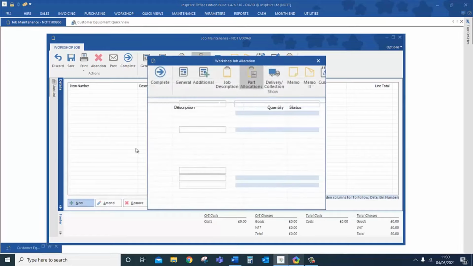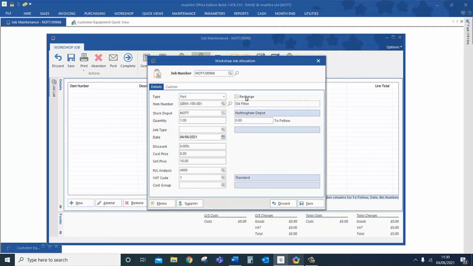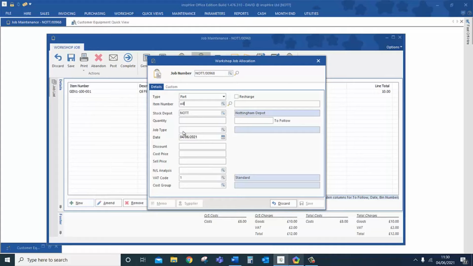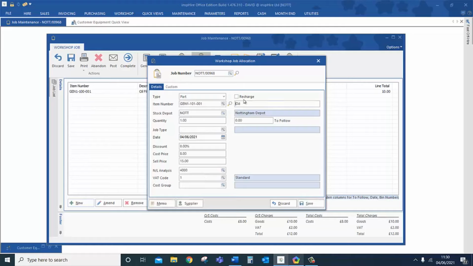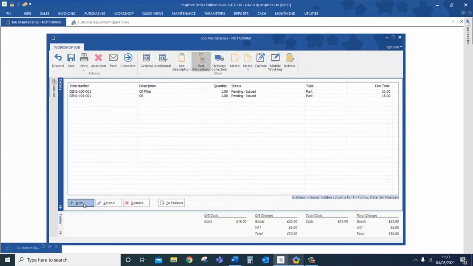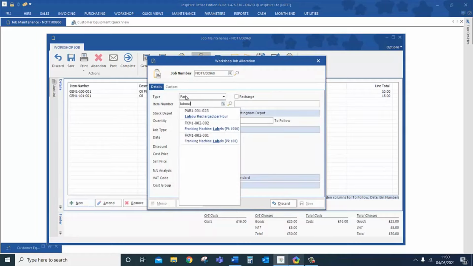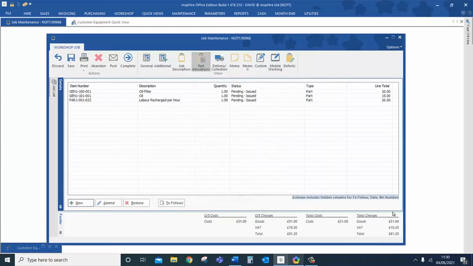So if we're just going to do, let's say, an oil change, for example, we can select our oil, put a filter on, tick the recharge button. And you can see there now, not only has it put the cost on, but it's also put the total charges as well in the bottom right hand corner. We'll just add some oil on there as well, recharge. And then with labour, again, same as before, we can add an individual workshop engineer, or we can just put a non-stock labour line, labour recharge per hour. We'll just put an hour on there and we save it. Okay. And as you can see there, it's totted up all of the